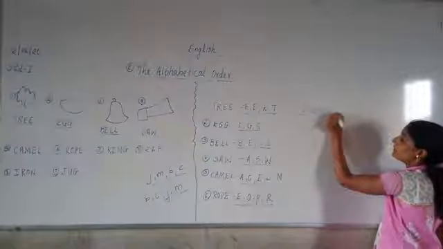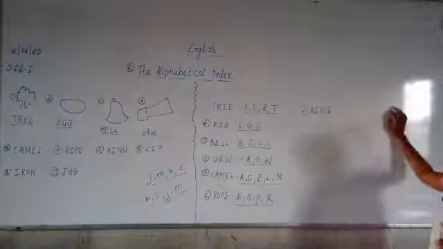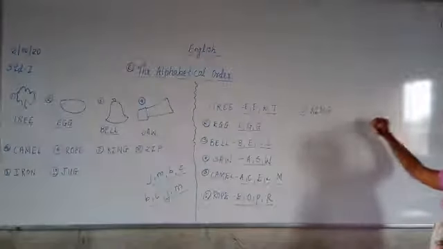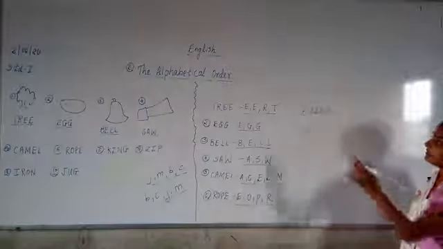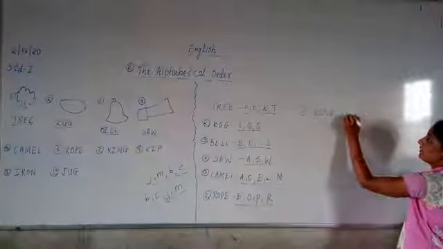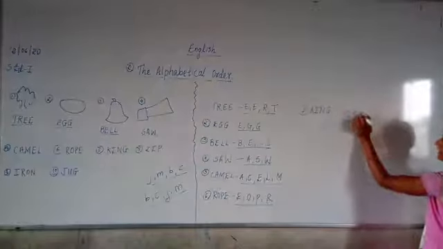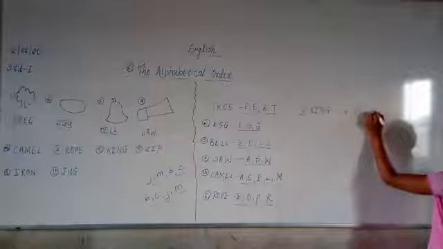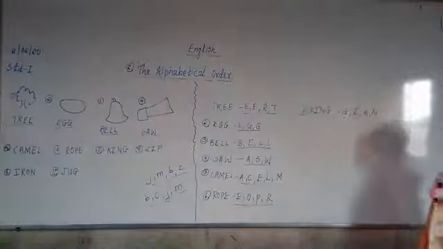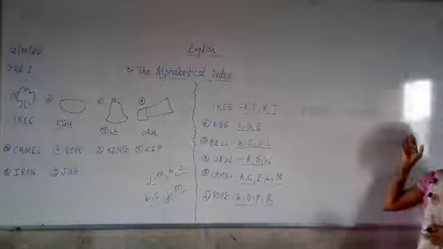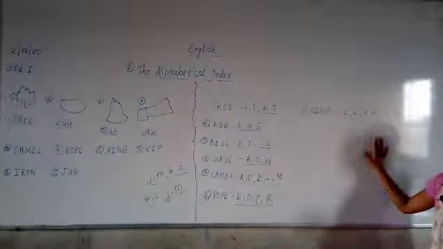Now which letter will come first? Can anyone tell? Is there any guessing? You don't have to guess. You have to start immediately with alphabets. A, B, C, D, E, F, G. G comes first. So G letter will come first. After G, which will come? I think I. After I, K, and then N. So this is the correct sequence of alphabets in the alphabetical order of the words.